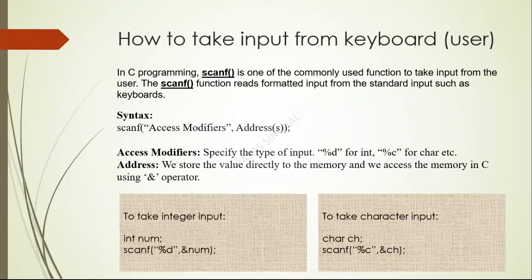To take integer input, for example, we have declared the variable num, which is of type integer, so we need to take input to the num variable, so we will use the scanf function. You can see I have written scanf, then round braces start. The first argument is %d in double quotes because I have to take input of an integer value, then a comma to separate the arguments. I have used the address operator to put the value in the memory location which is pointed by variable num. Same with the character input.